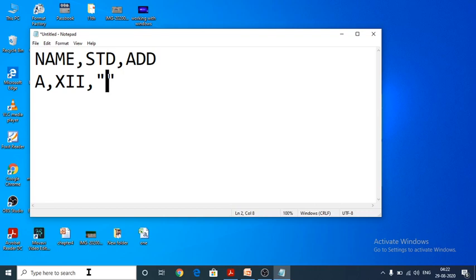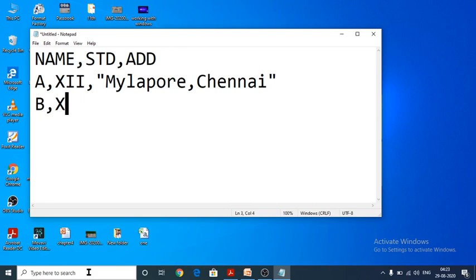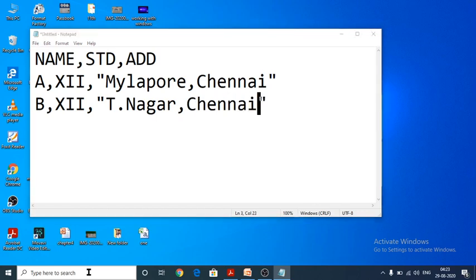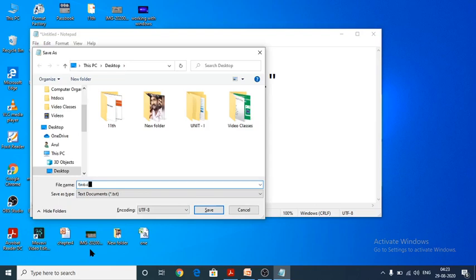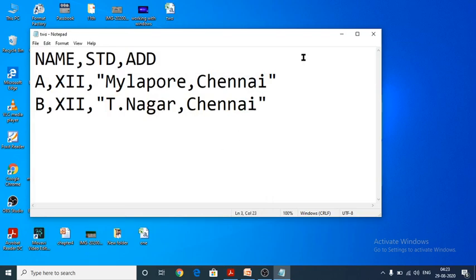So here I am going to give Mylapore, Chennai, and B, 12th, T Nagar, Chennai. Enough. Save your program as 2.csv. Yes, it is here.